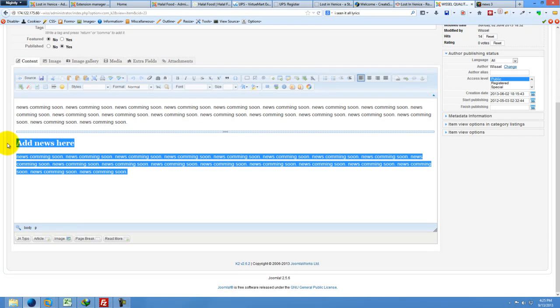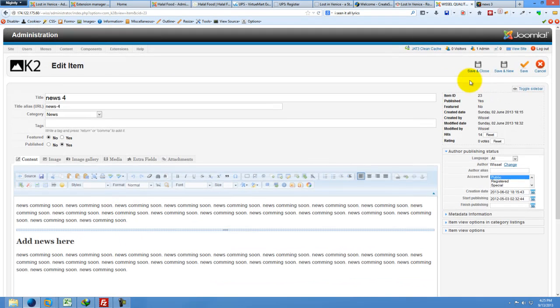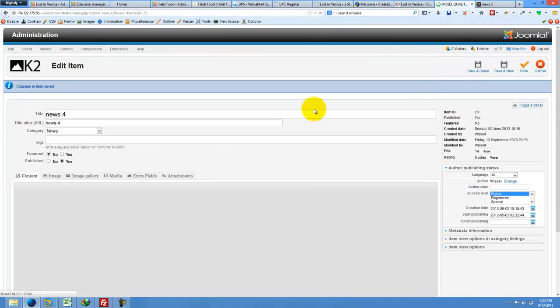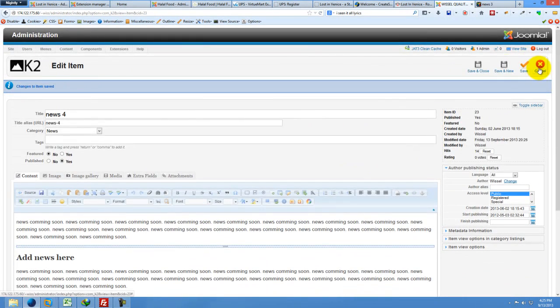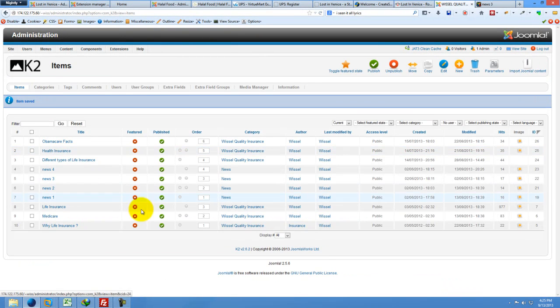Anyway, go ahead and edit this and add your own news articles. Make sure to click the save button when you're done, or save and close, should I say. Okay, then you have your other articles